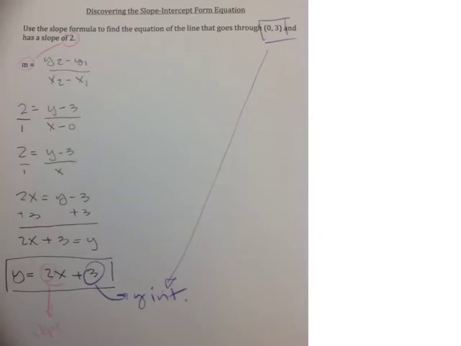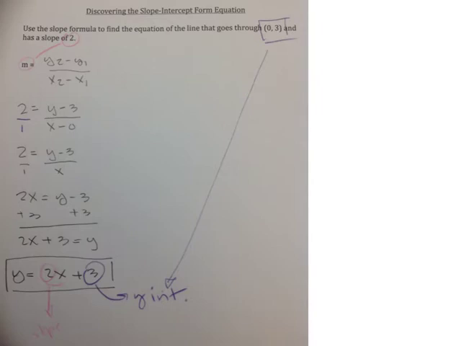Now this page just helps you discover the slope-intercept form equation and why it is as it is. So if you use the slope formula to find the equation of a line that goes through (0, 3) and has a slope of 2, this just walks you through how we get to that actual slope-intercept form equation of y equals mx plus b. So taking a look up here, it's circled in pink, slope of 2, it's going to get